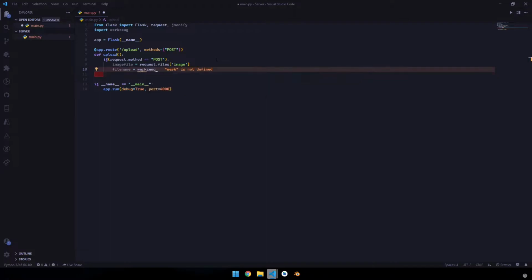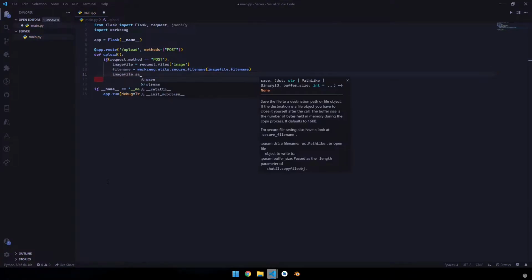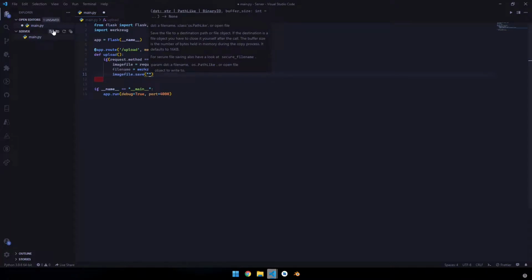So now let's write werkzeug.utils.secure_filename, and we will be passing image_file.filename inside this, so that the base file name of that image will be extracted, and we will be saving this in our local directory with image_file.save.